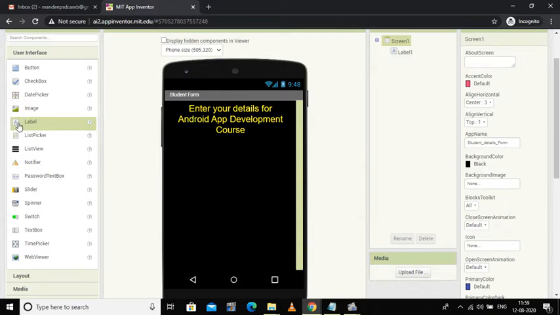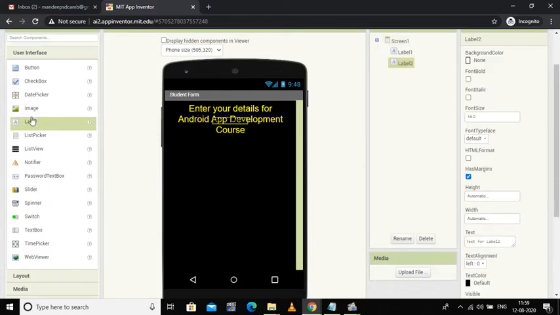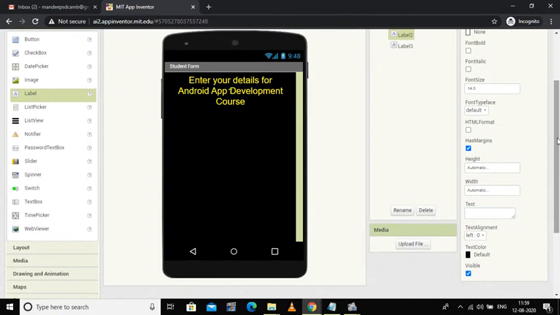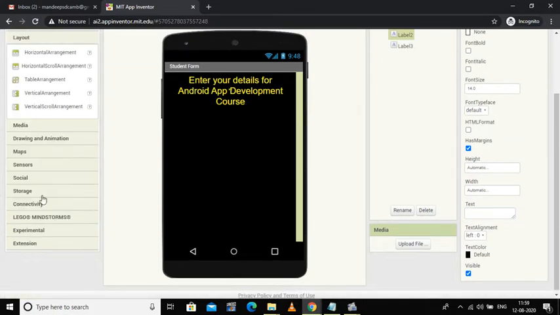Yes, and I'll bring one label. Fine. I'll bring one more label, drag and place. These two labels here I'm going to delete the text of the labels. I just want the space portion, that's it. And now I'll drag one table arrangement here.